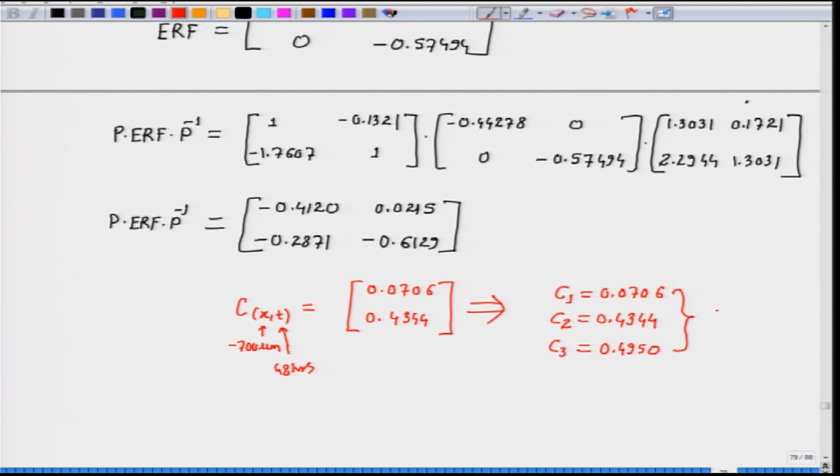So this will be in atom fraction. So this is how we can use the multi-component diffusion solution to get the concentration as a function of